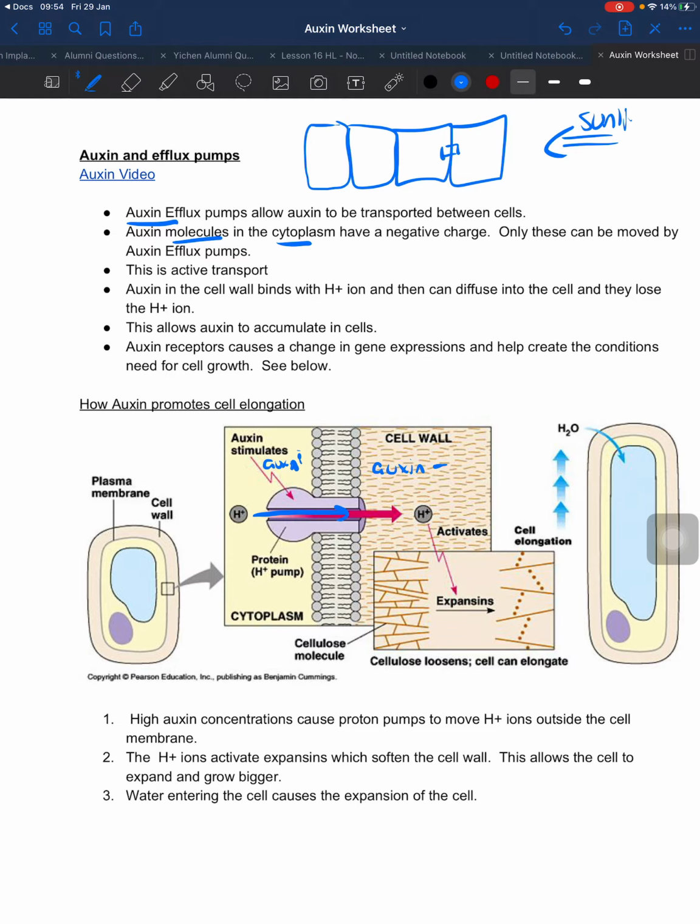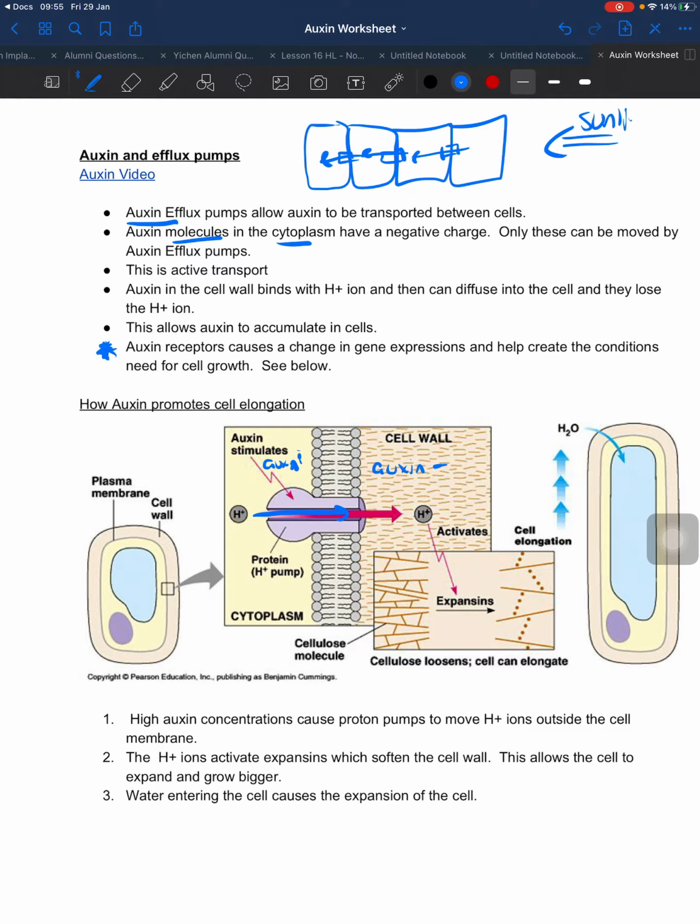the dark side, and then they're going to move auxin through those pumps. Okay, it's active transport, so it takes energy. So they're going to be kind of moved across. And then auxin, and this last bit is a bit misleading, but this is where a lot of the action